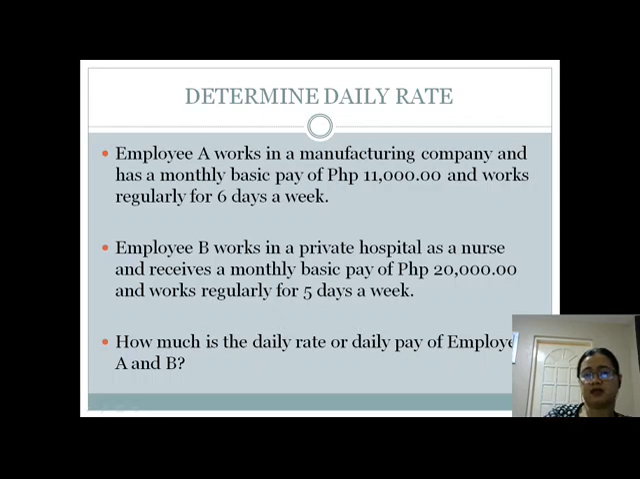The reason for that is, based on the different factors, you will be able to determine the daily rate or the daily pay of a certain employee. For example, we have employee A and employee B. Employee A works in a manufacturing company and has a monthly basic pay of 11,000 and works regularly for 6 days a week. Then the second employee is employee B, who works in a private hospital as a nurse